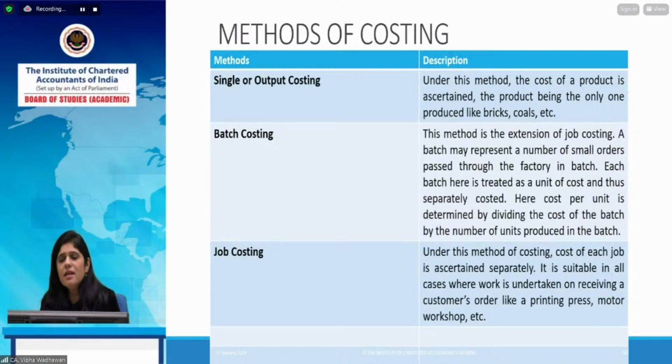एक ही तरह की बाइसाइकिल प्रोड्यूस हो रही है, सो सिंगल और आउटपुट कॉस्टिंग। ठीक है, द कॉस्ट ऑफ द प्रोडक्ट इज एसर्टेन्ड, द प्रोडक्ट बीइंग द ओनली प्रोडक्ट। आप एक ही प्रोडक्ट बना रहे हो तो उसमें सिंगल कॉस्टिंग यूज होगी। बैच कॉस्टिंग, बैच कॉस्टिंग मतलब जहां पे एक लॉट एक साथ प्रोड्यूस होता है। मेडिसिन इज द बेस्ट एग्जाम्पल फॉर बैच कॉस्टिंग। ठीक है, 10,000 या 1,000 जो स्ट्रिप होती है, जैसे क्रोसिन की स्ट्रिप है, उस एक स्ट्रिप में 10 टेबलेट्स होती हैं, तो 1,000 जो क्रोसिन की स्ट्रिप्स हैं वो एक साथ मैन्युफैक्चर हो रही हैं, वो एक ही बैच में मैन्युफैक्चर हो रही हैं, है ना।